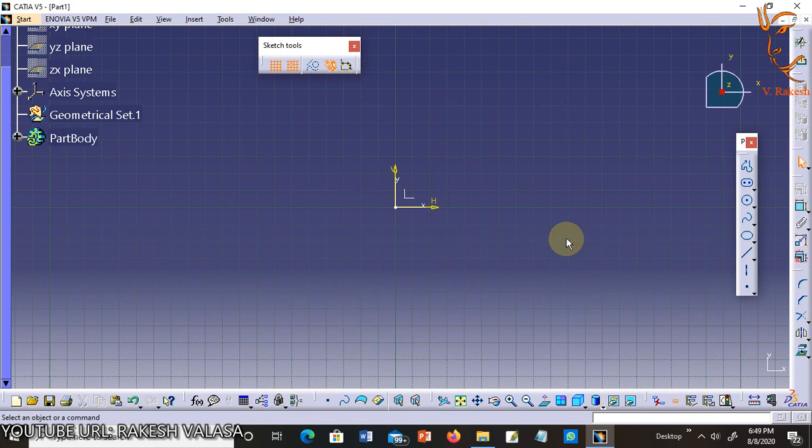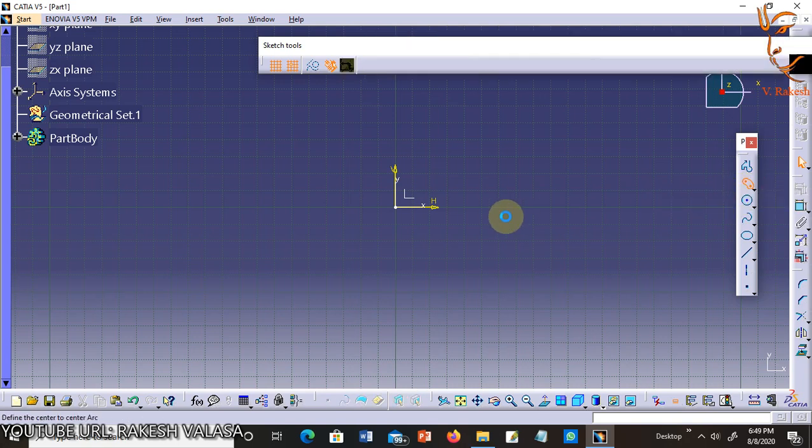Next one is creating a cylindrical elongated hole. Click the cylindrical elongated hole icon from the predefined profile toolbar. The Sketch Tools toolbar now displays the values for defining the cylindrical elongated hole.